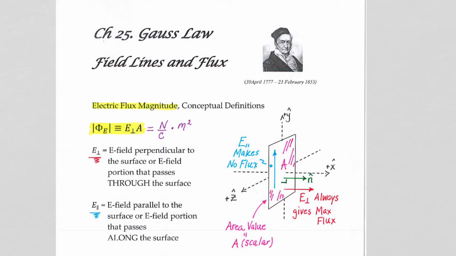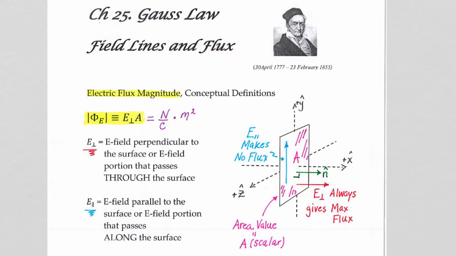Chapter 25 is our Gauss's law unit. Now, Gauss's law is going to give us a specific technique to use to calculate the electric field out of very specific charge distributions, and we're going to see more about that in detail as we go through this chapter. But to start to understand Gauss's law, we need to first understand this concept of flux, and specifically for us,